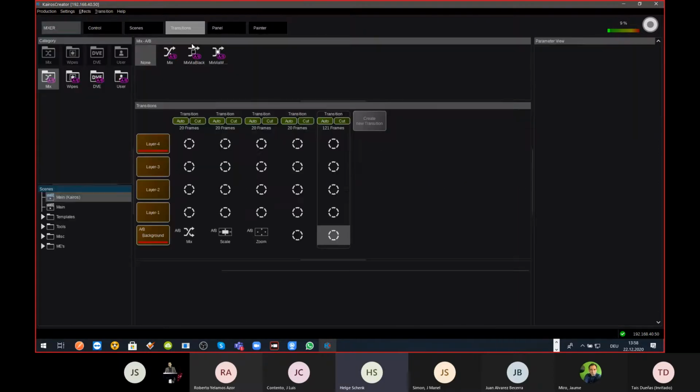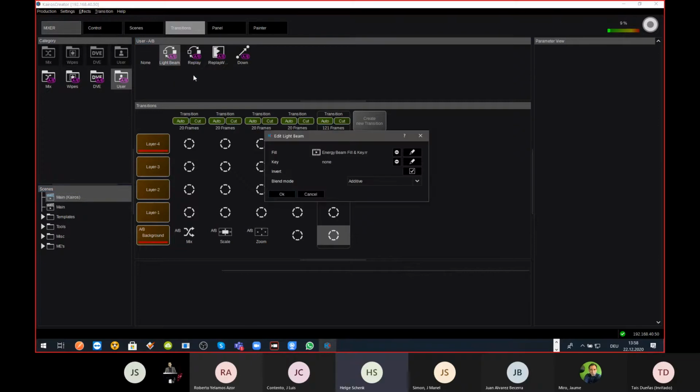Now going to my transitions, you see there's an AB transition which I determined. I applied the light beam to it. And in the light beam, when I go to the edit of this dialog, I determine what the fill signal is, which contains the key also. I can have a separate key as a separate clip, and I can apply an inversion on and off. And what's very important, and I hope we can see that later in the streaming result,